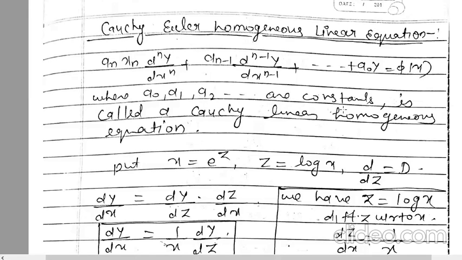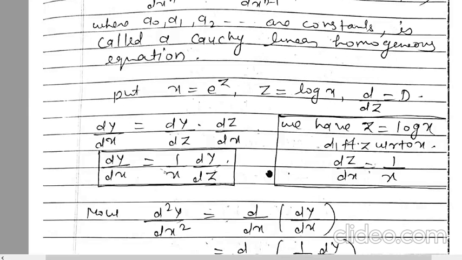So for the solution of this linear differential equation, you will choose x is equal to e to the power z, right? Then you can write z is equal to log x. So you are putting x is equal to e to the power z. That means you are converting x into the new variable z, right? Now you have z is equal to log x, and you are writing d upon dz is equal to capital D. That means you are taking the new variable z here, and your notation is d upon dz is equal to capital D, right?